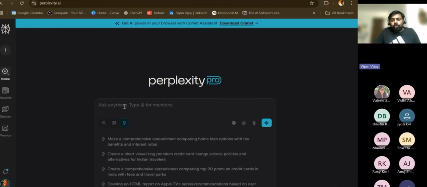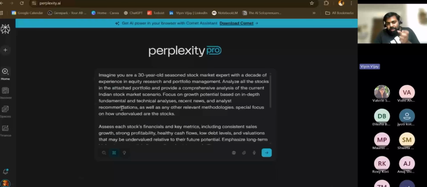Now, to put it in simpler terms, let's say I have 1 lakh rupees to invest, and I don't know what to invest in or where to invest. So I go to Perplexity, and with the help of prompt engineering, I have created a master prompt that covers all the major points I want detailed research on. Instead of saying, hi, I have 1 lakh, give me 2 to 3 stocks to invest in, which is a prompt that I would generally give,